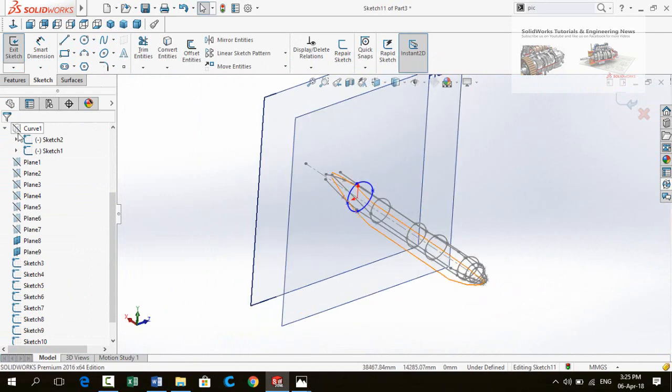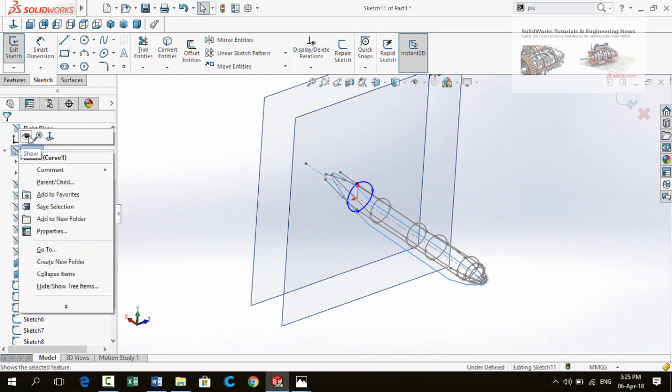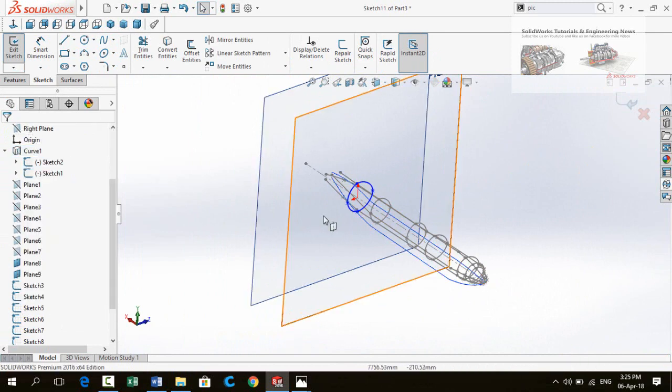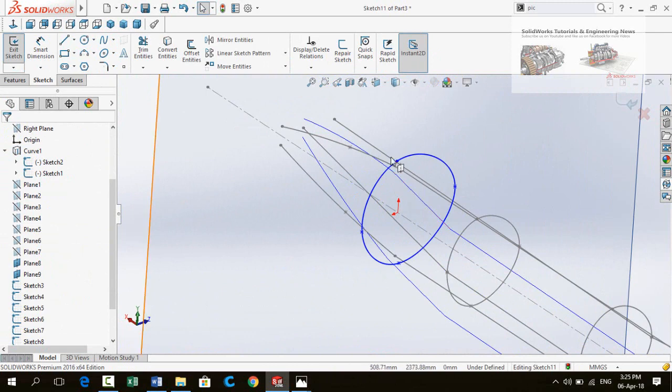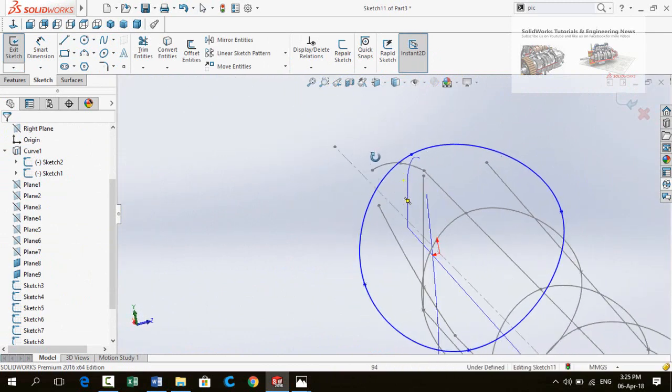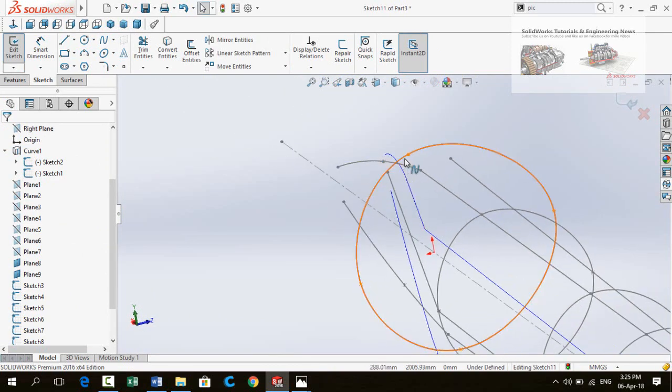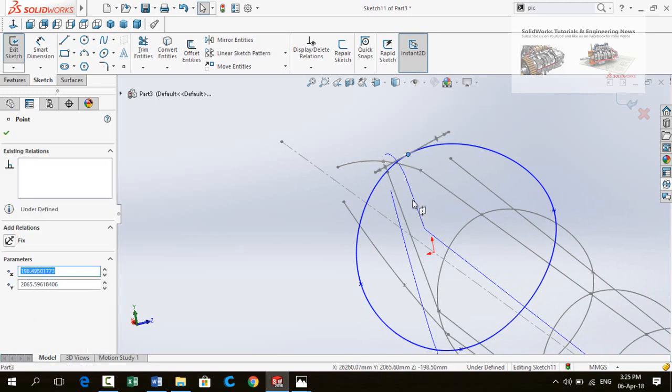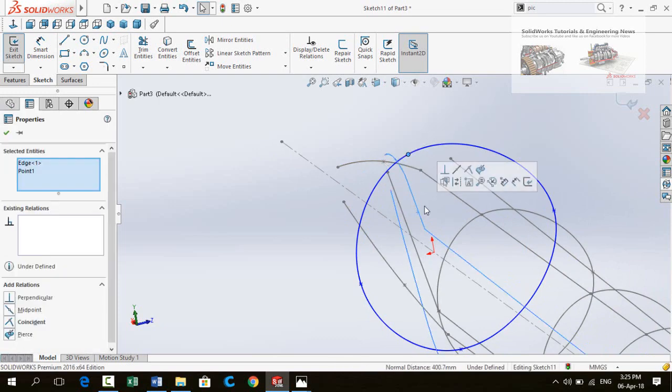Now again right click on this curve 1 and then unhide it. Select this point and then this curve, select make peers.